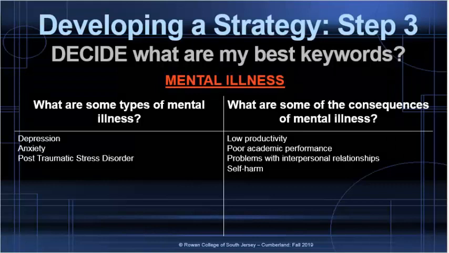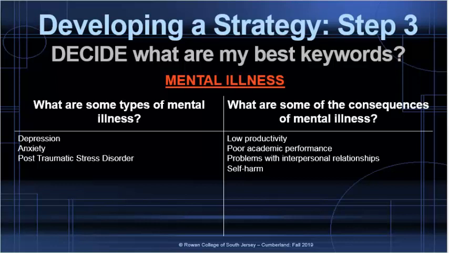Some questions we can ask to help us develop some more search terms related to mental illness are: what are some types of mental illness? And what are some of the consequences of mental illness? For types of mental illness, we can identify depression, anxiety, post-traumatic stress disorder. And some of the consequences we can identify are things like low productivity, poor academic performance, problems with interpersonal relationships,